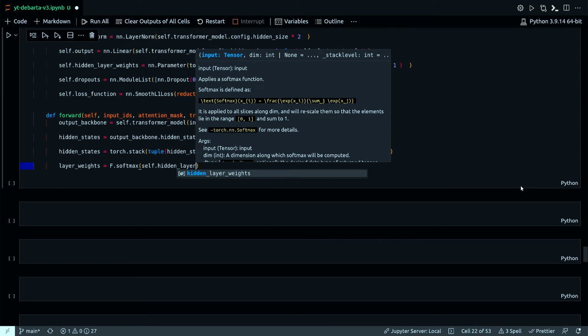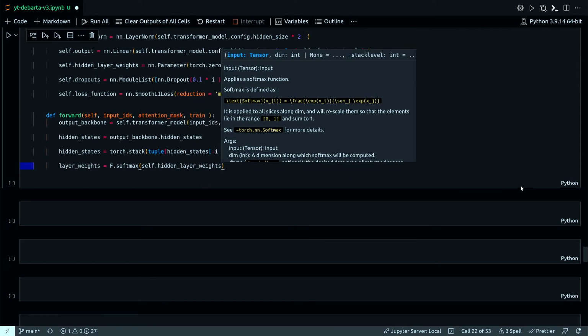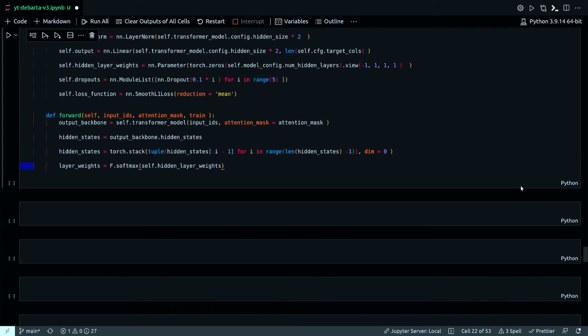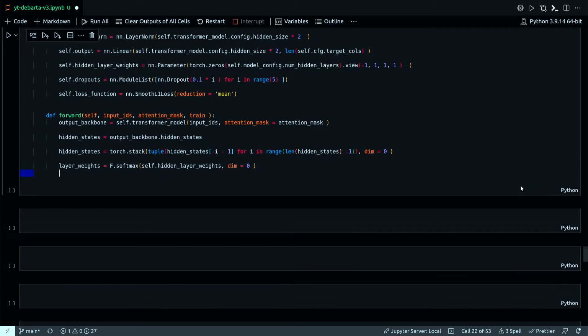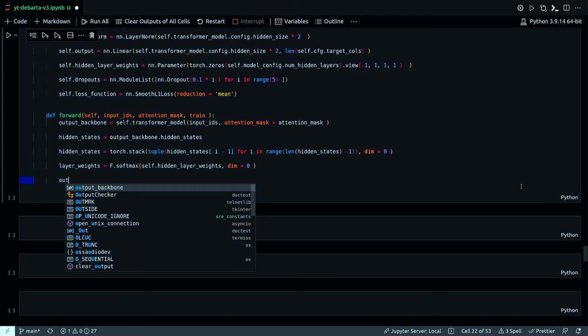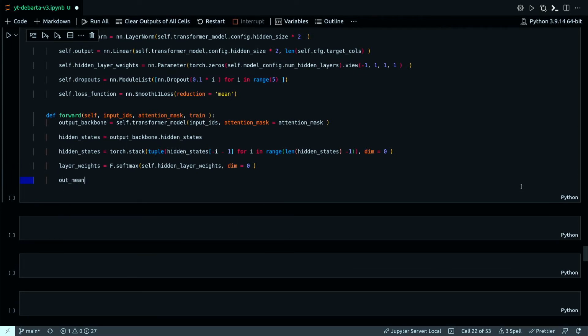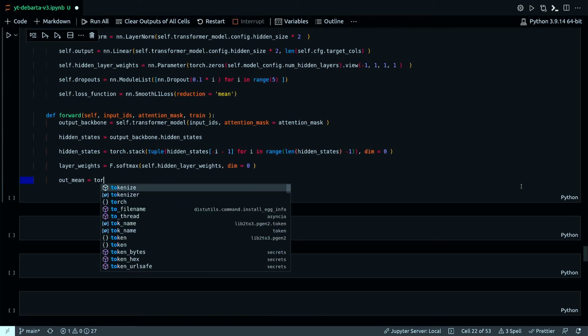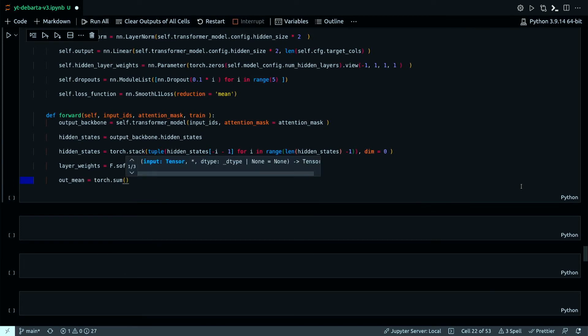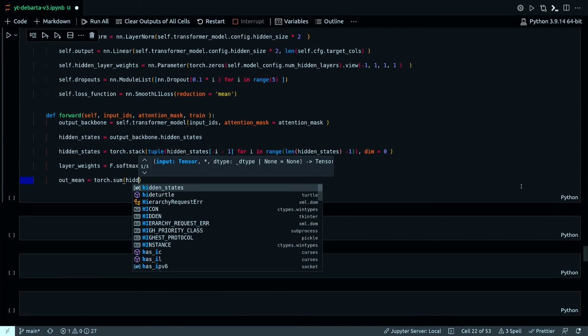Hidden layer. torch.sum, sum over the hidden states multiplied by layer weights.